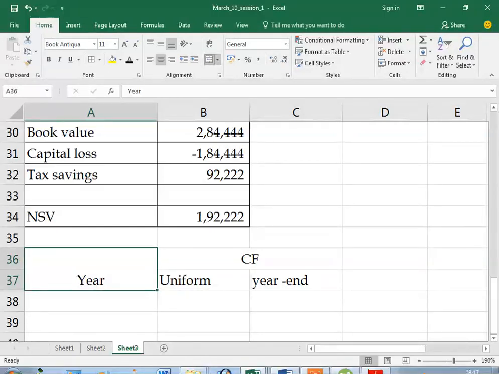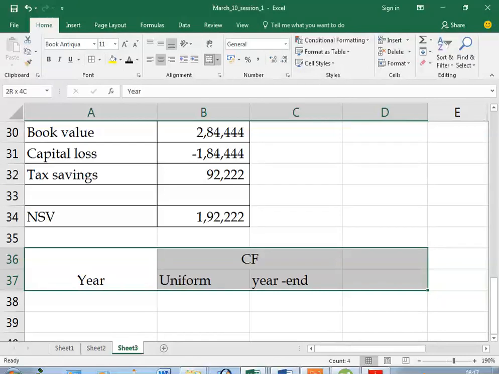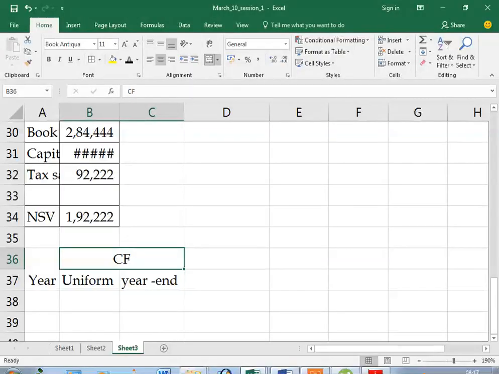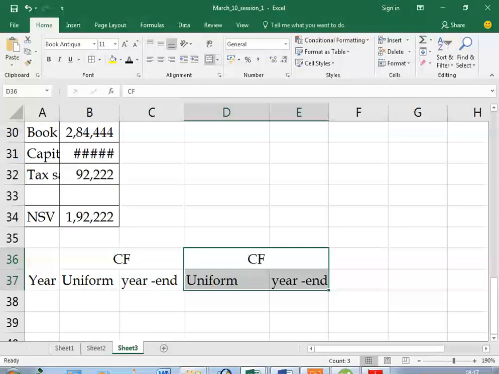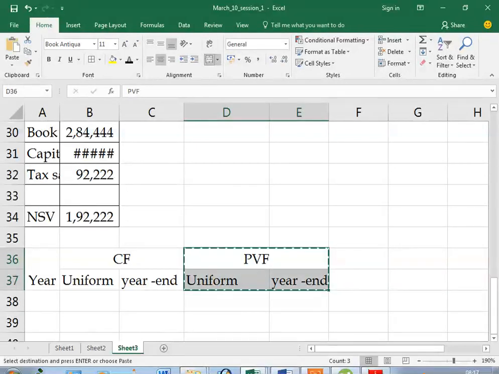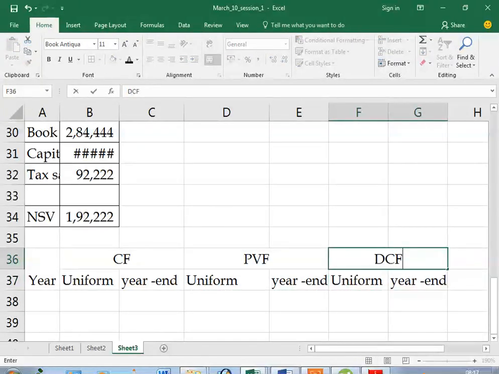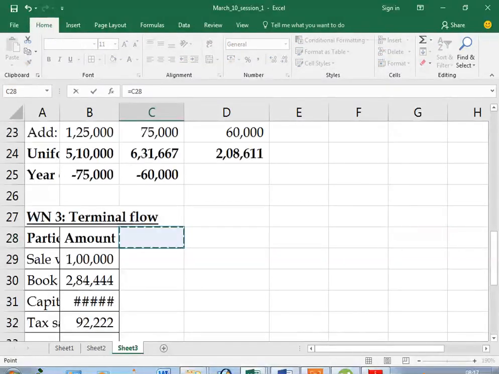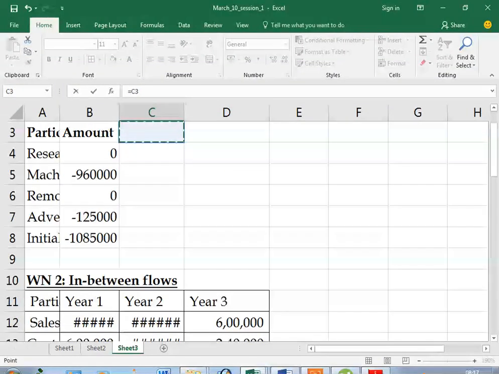You have uniform cash flow, you have year-end cash flow, and the discount rate is different for the two. Uniform means it is 0.88, year end means it is 0.8. So year cash flow uniform year end, PVF uniform and year end, DCF uniform and year end. Let me just complete this. Year 0, year 1, year 2, year 3. Year 0 there can't be anything like a uniform number because that's only at the beginning of the year. Year end number for year 0 is